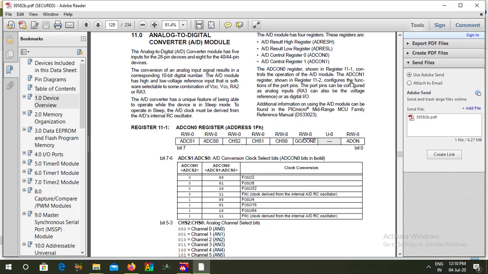Every peripheral needs a clock, and the same clock will be used for its operation. Using these 2 bits, we can select different clock sources. When you set them to 0, 0, it means you are going to use the oscillator clock frequency of your chip.